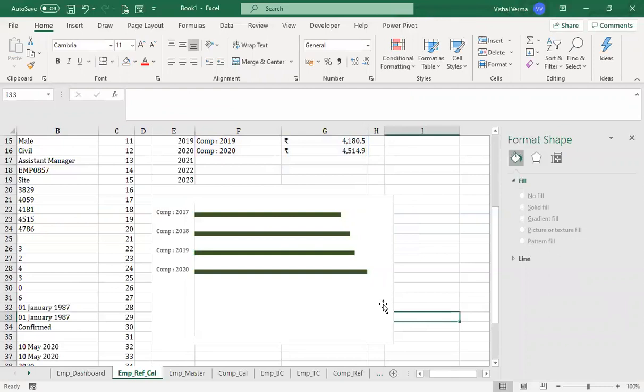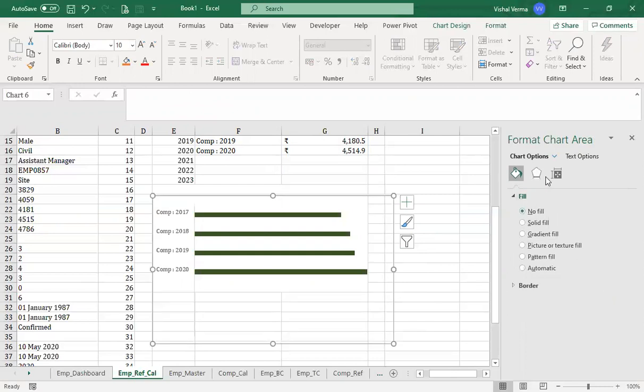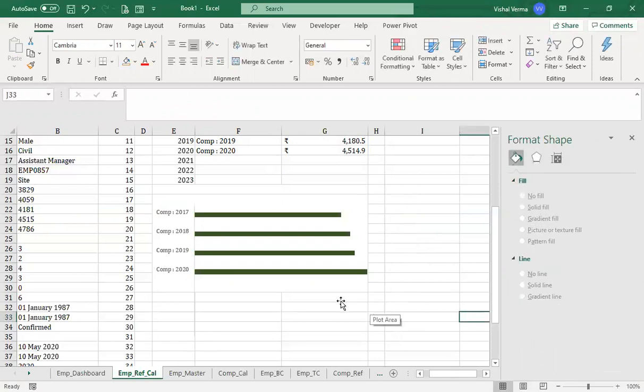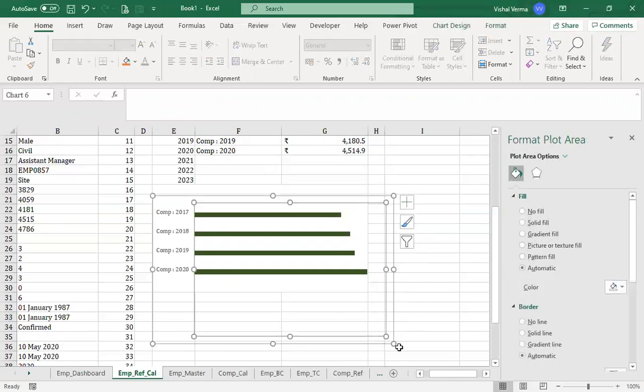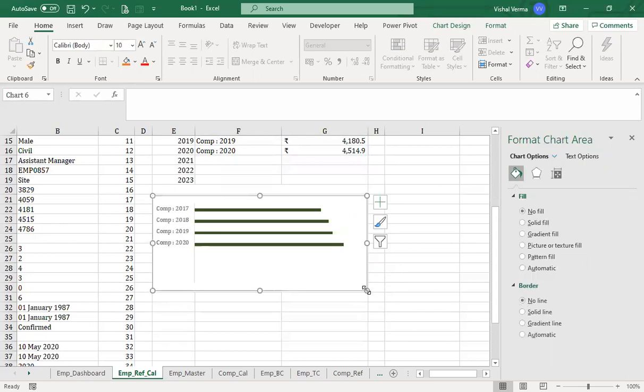For the background of this, we can have no fill, and the border will be no outline. So what is happening here is we have this detail ready for our purpose, and this will go into our employee dashboard.